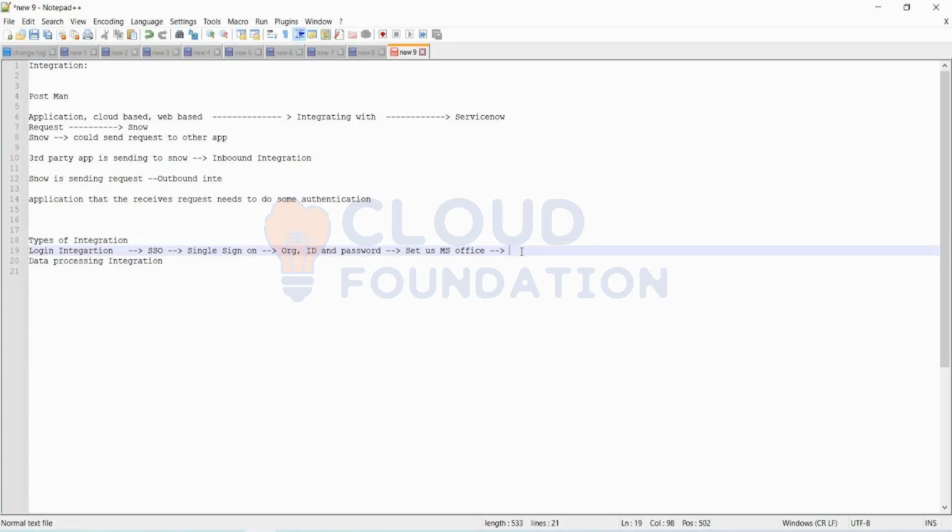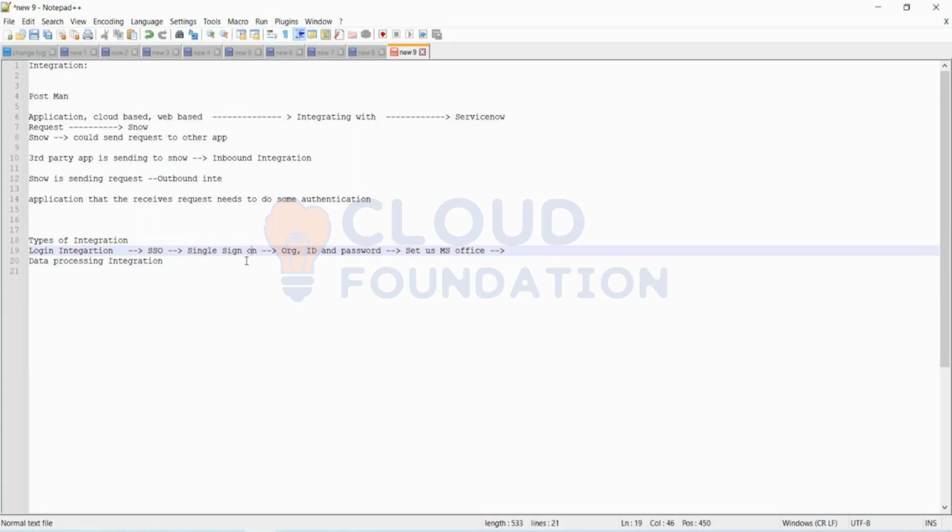If it is an internal application, think of it like this: if it is part of the application, then we need not log in again. If it is a separate application, then we need to log in. If it is an external application, you explicitly log in. If not, it will take you in. That is called single sign-on, meaning any application tied within the organization, if it is internal, all you need to do is sign in at one place, and your authentication has happened on all the other applications. That's single sign-on.